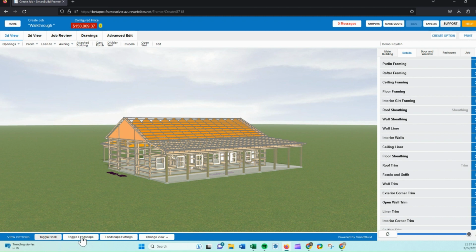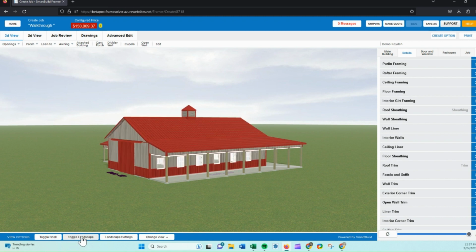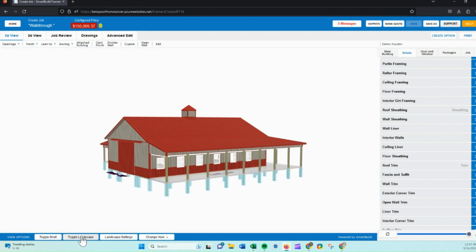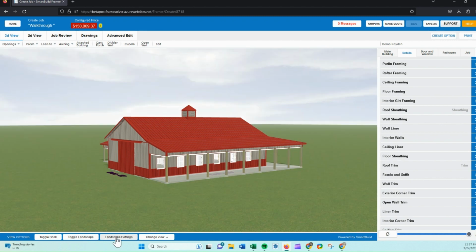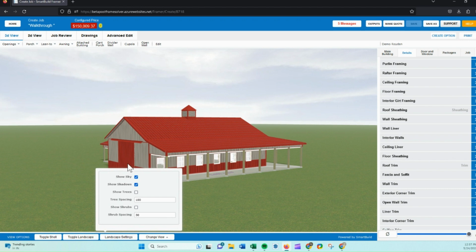On the landscape, we've added a few more settings. Whether you want to see the landscape or not, you can turn that on or off if you like a nice white, clean landscape. When you turn it on, it does allow you to customize it a bit. With the settings that you can do now, you can turn the sky on or off, turn the shadows